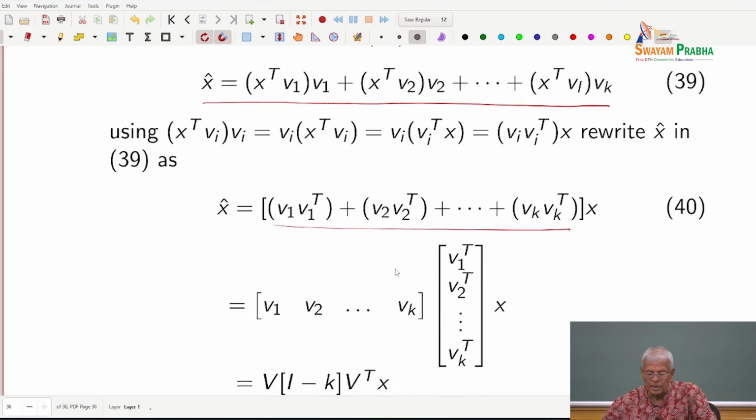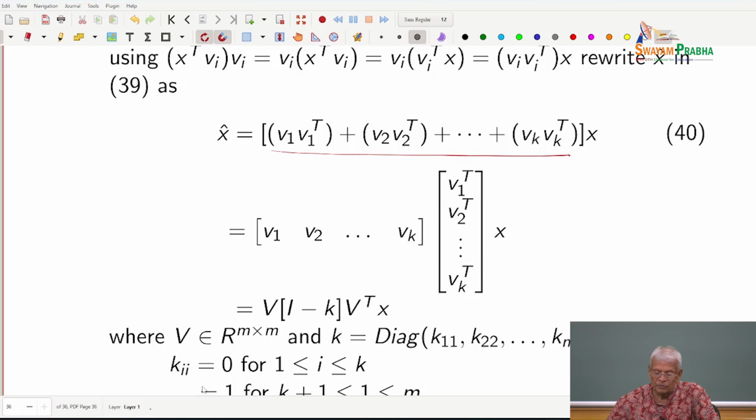I am trying to collect all the x's outside. It's a very simple exercise in matrix vector theory. So you can essentially think of this as the matrix consisting of the first k eigenvectors, its transpose. V transpose is the full matrix. V minus Vk